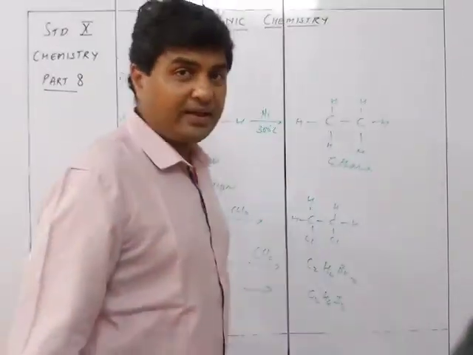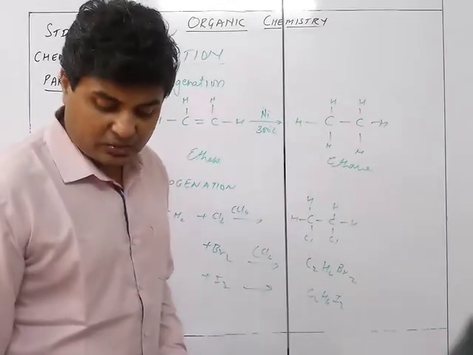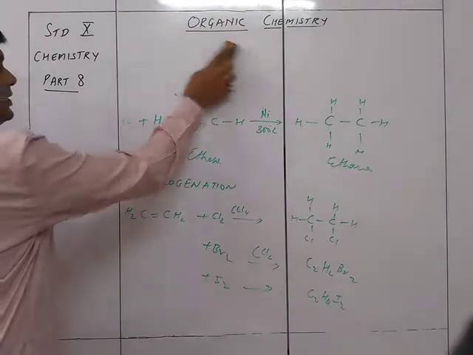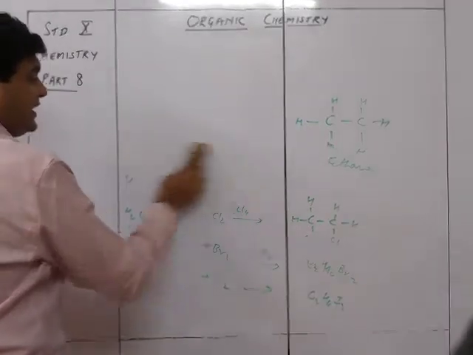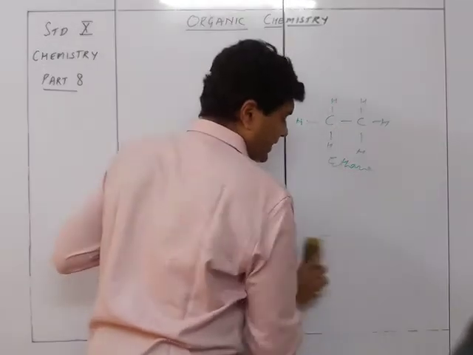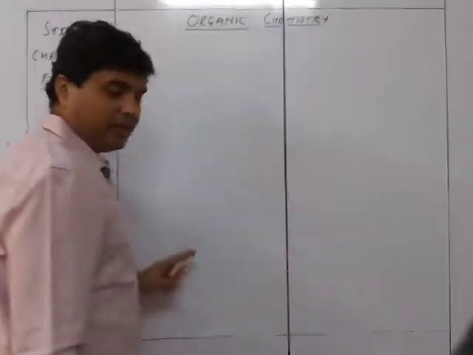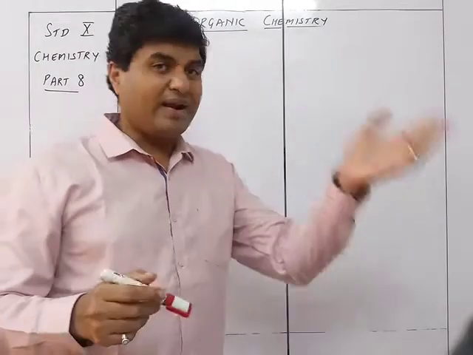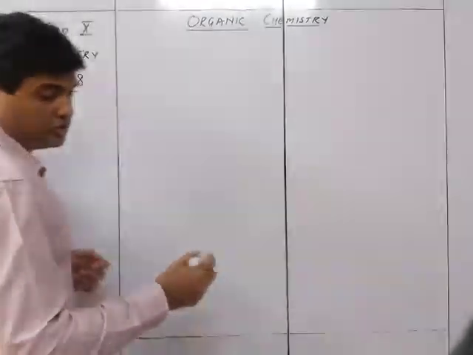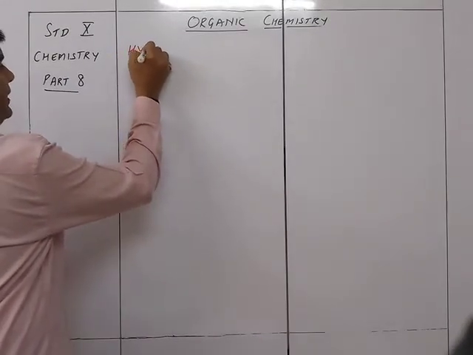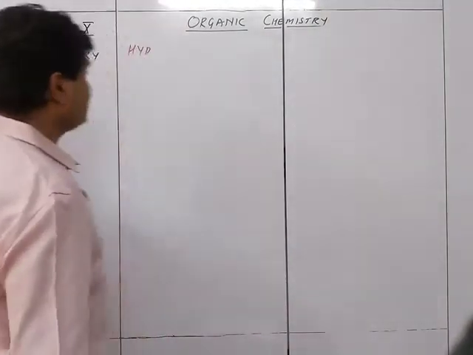So what we are having now is a halogen acid. That means we are going to have over here an acid like HBr or HCl. The condition is the same: one double bond has to be removed and there you are going to have one side H, one side Br. So we can see over here that is halogen acid.